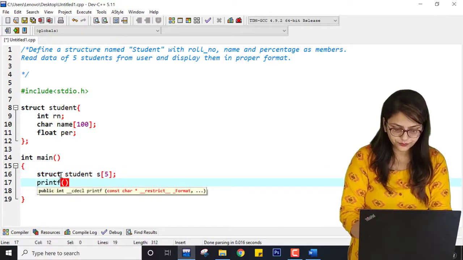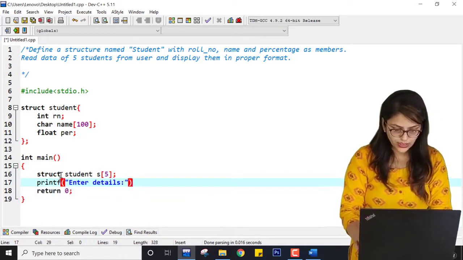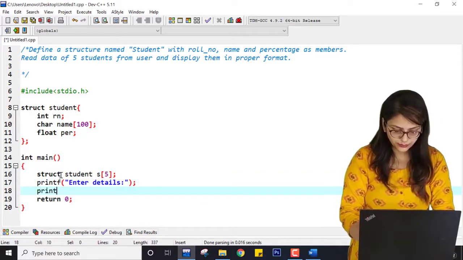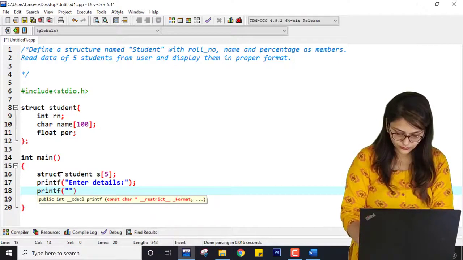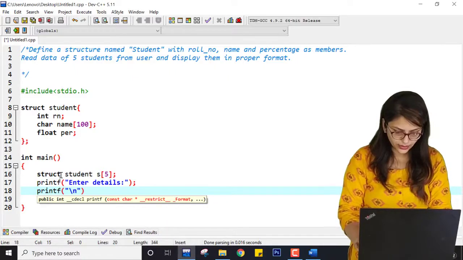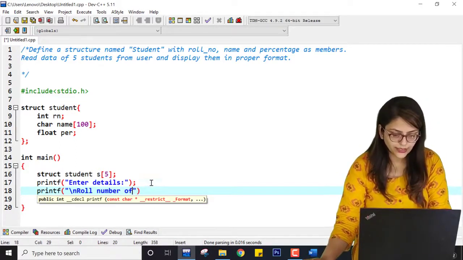Now printf "enter details". After that printf "\n", and you can write it inside a loop.